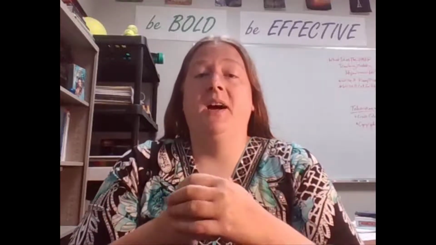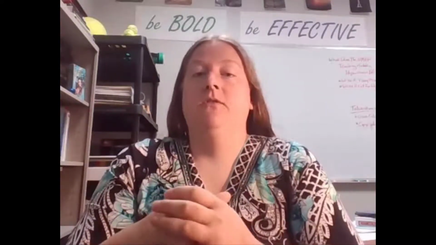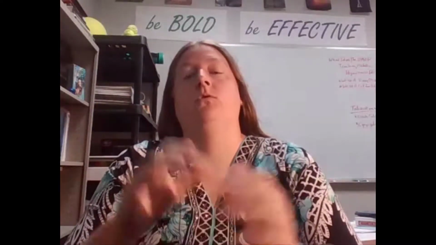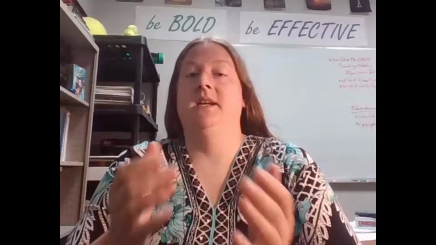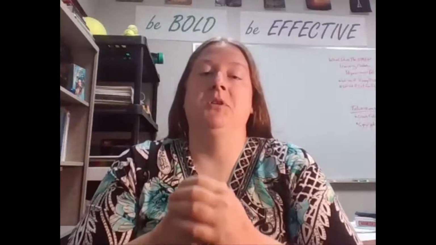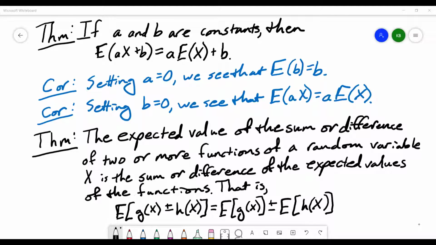Now that we've talked about finding means and variances and covariances for random variables, we're going to talk about taking linear combinations of random variables and being able to find the means and the variances for those linear combinations. So when we have a single random variable x, we have a theorem that says that if a and b